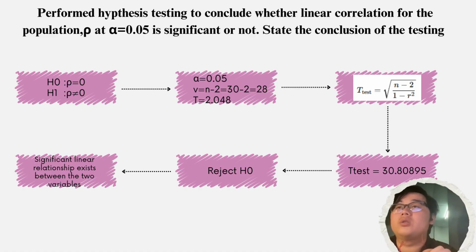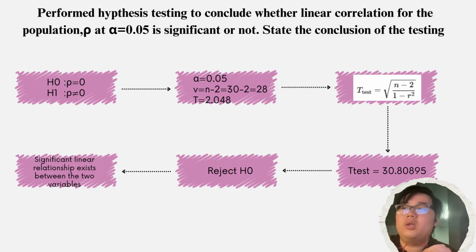The alpha is 0.05, and because the alternative hypothesis is not equal, we need to use two tails. So alpha must be divided by 2, and the degrees of freedom is n minus 2, which is 30 minus 2. The final answer is 28, and after that we can use the t distribution table to find the value. The value for this data is